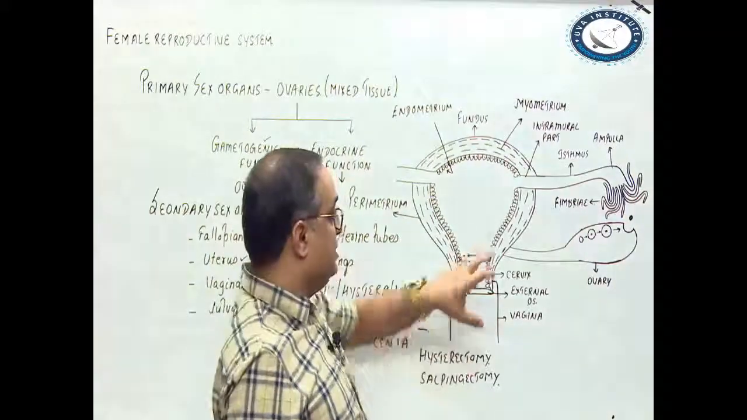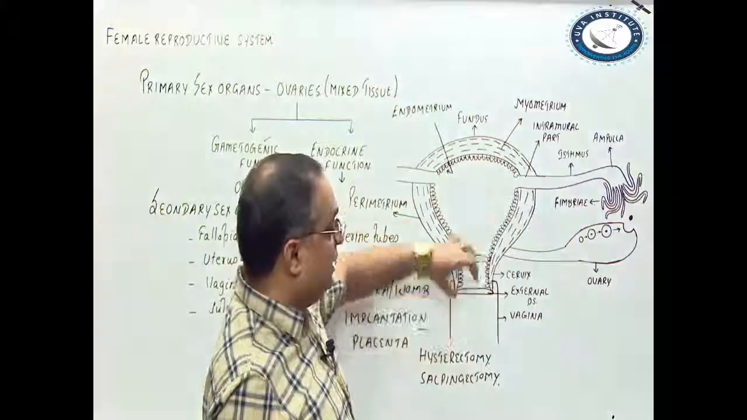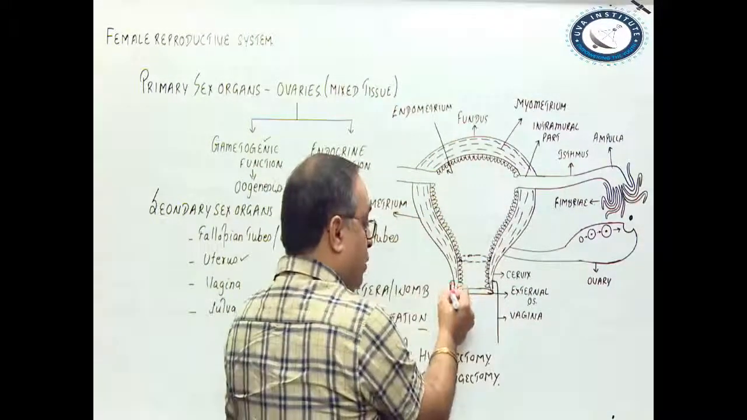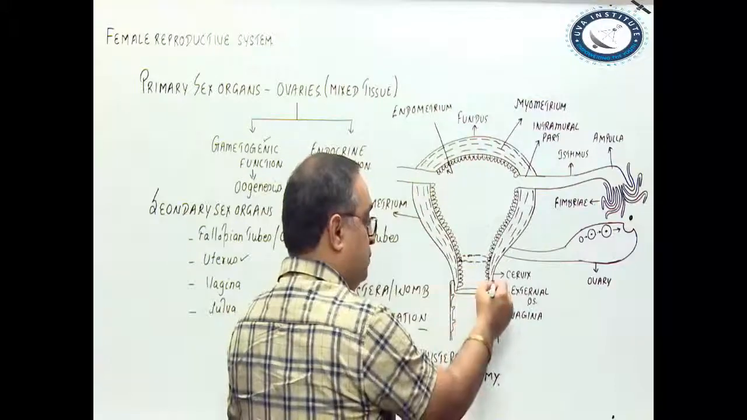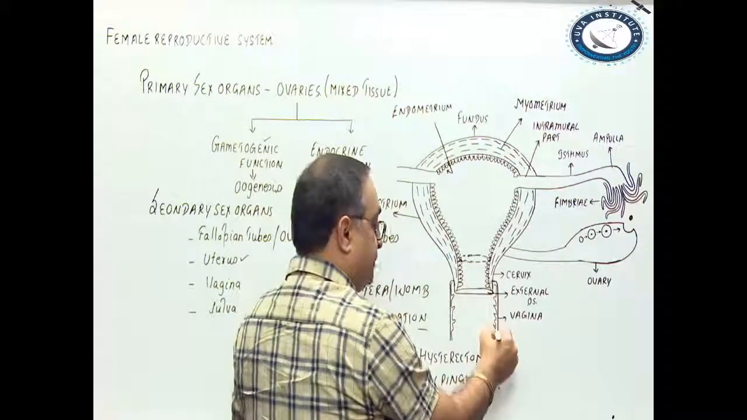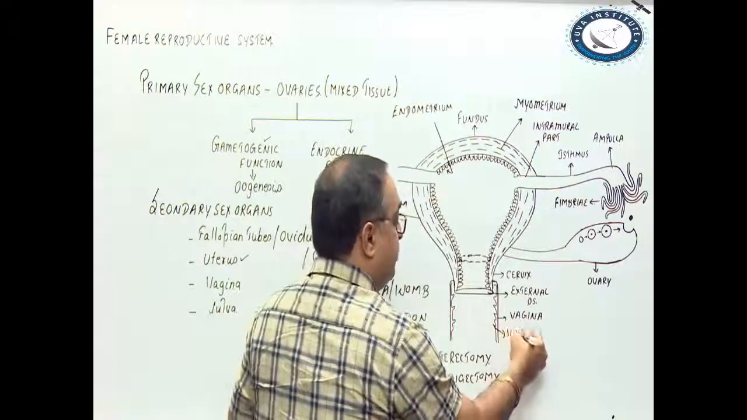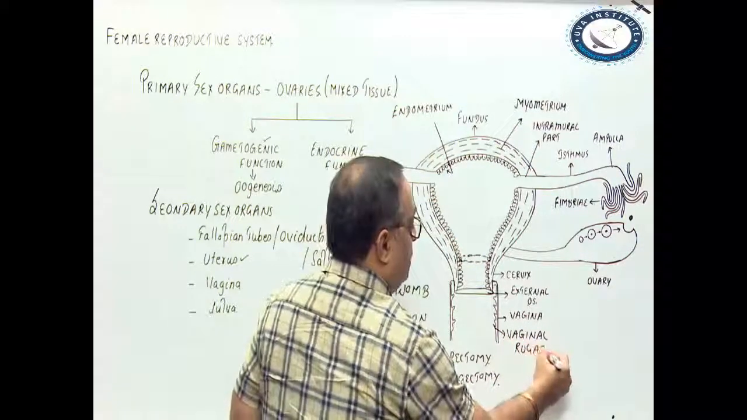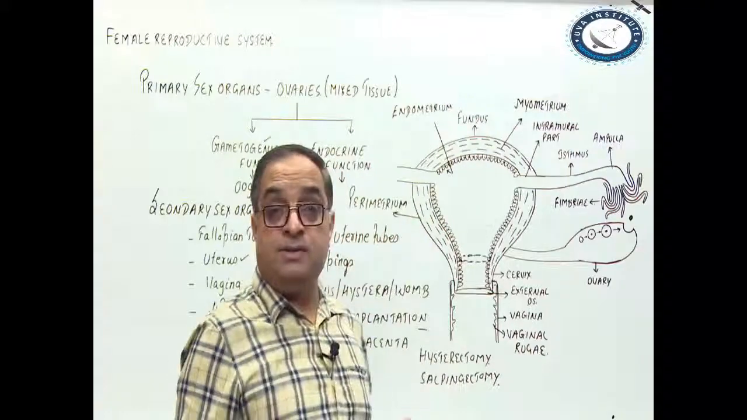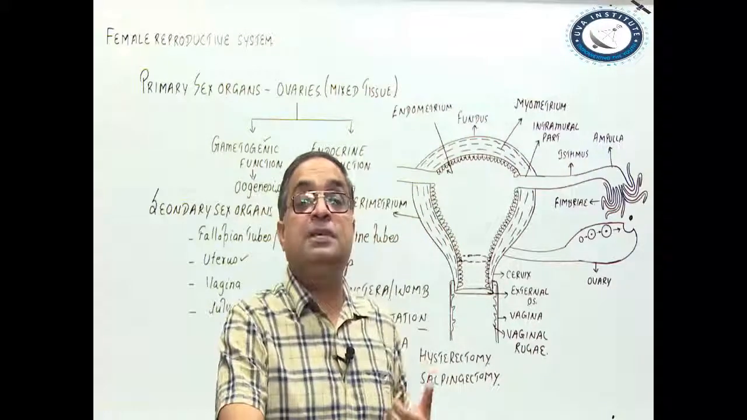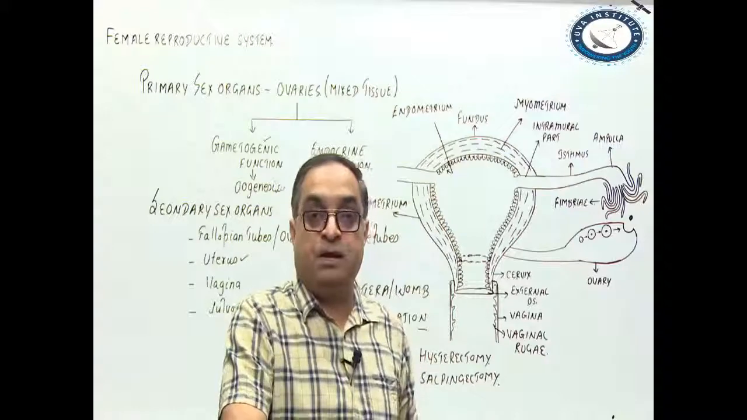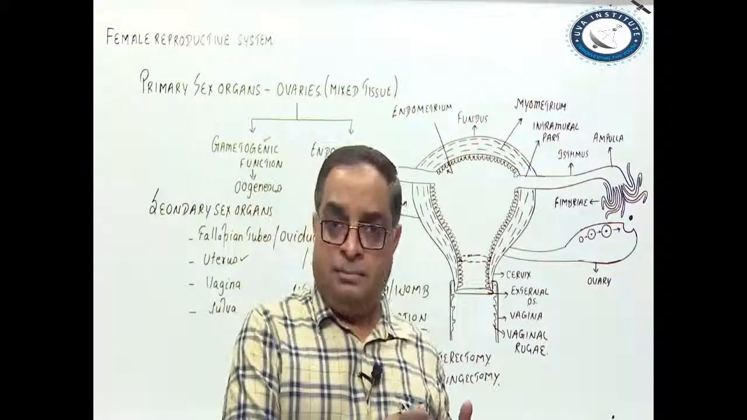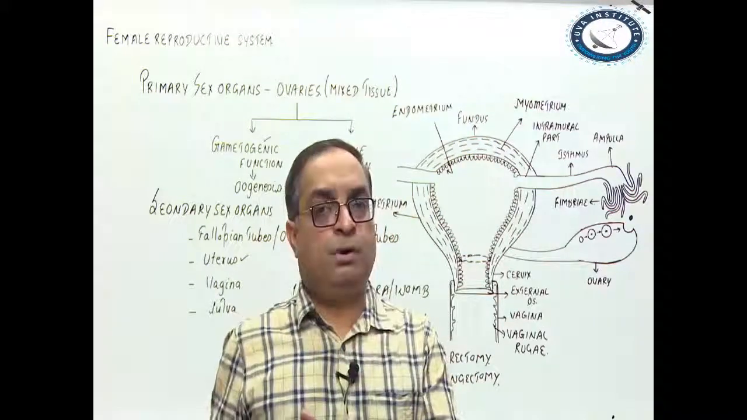Now, as I said, the uterus opens into the vagina through this external os. This structure is the vagina. The wall of the vagina is thrown into folds like this. These folds are called vaginal rugae. These stimulate the glans penis during sexual intercourse and help in inducing ejaculation. Throughout the reproductive life of the female, that is from menarche, the beginning of the menstrual cycle, to menopause,